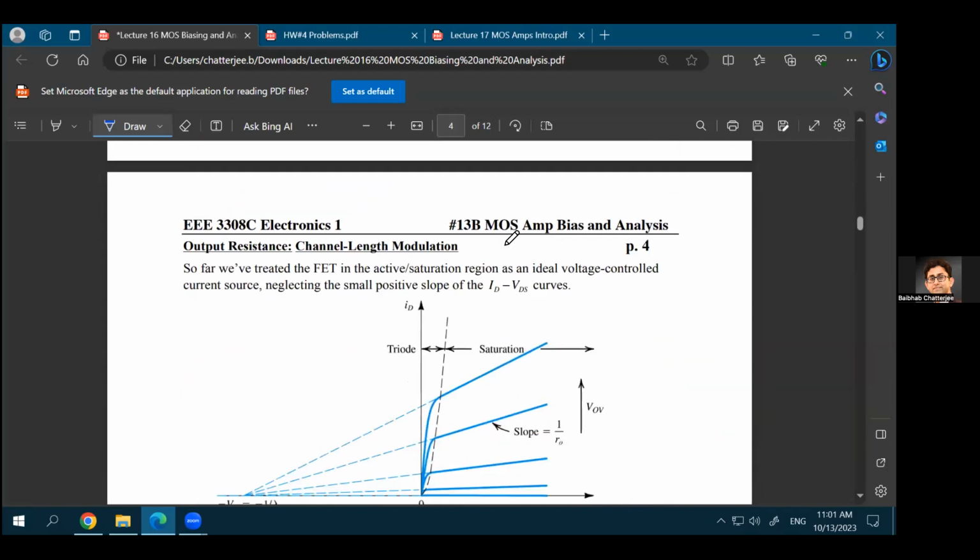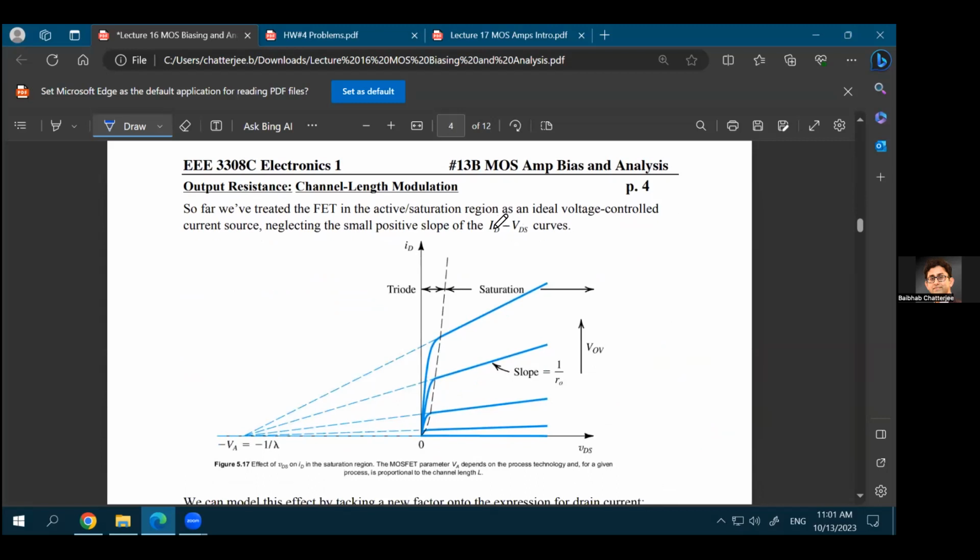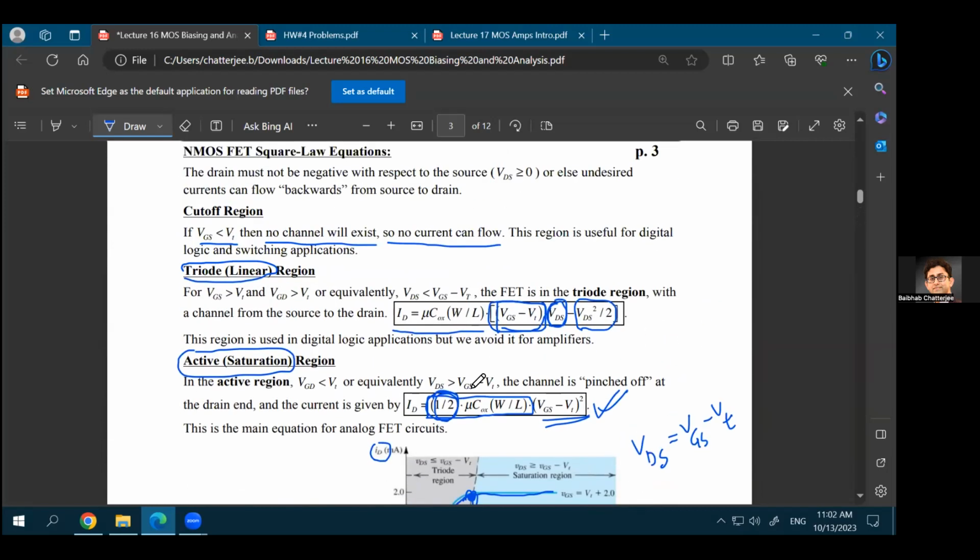All right, a few other things that are very important. Even though we mentioned that in the saturation region your current is almost constant, you'll see that it's not exactly constant. It will still keep on increasing a little bit with respect to VDS. Why that is so is something we discussed in the previous lecture: if you look at the exact form of the saturation equation,